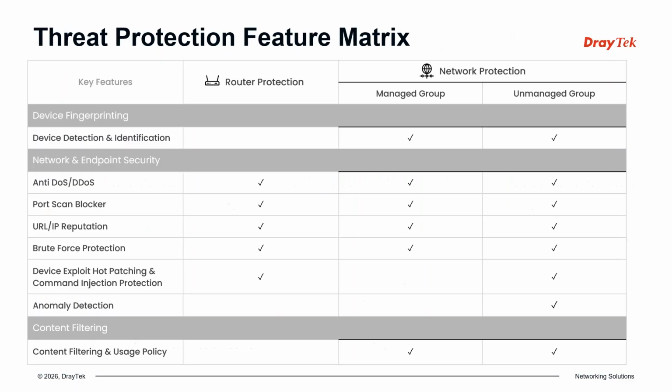And this has a summary of the different features that are available based off of the different router protections. So for the unmanaged, it additionally gets the device hot patching and anomaly detection. We don't do the anomaly detection on the managed group because for